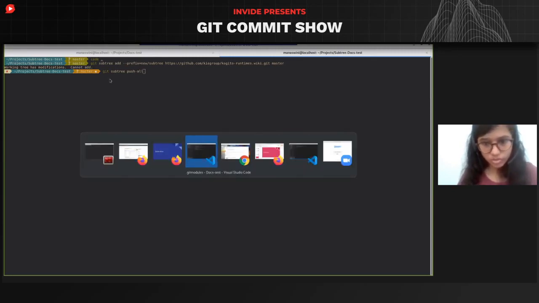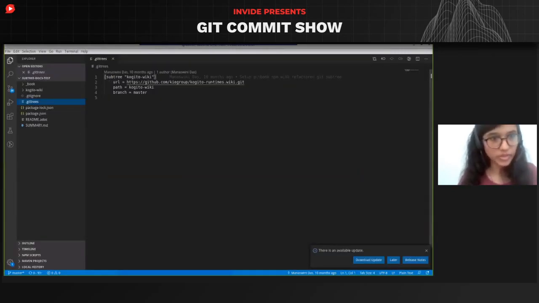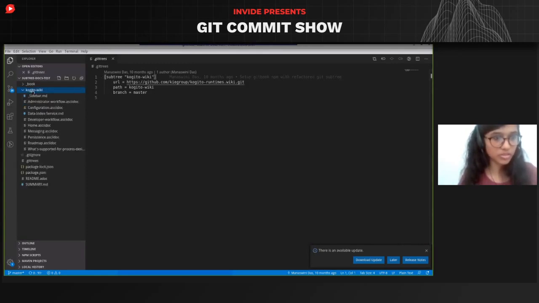So I have the editor right here. I have this repo, and you can see it looks like a regular subfolder. There is no special symbol or anything. So I would say it is very essential for you to have the git subtree version with the .git trees config file.